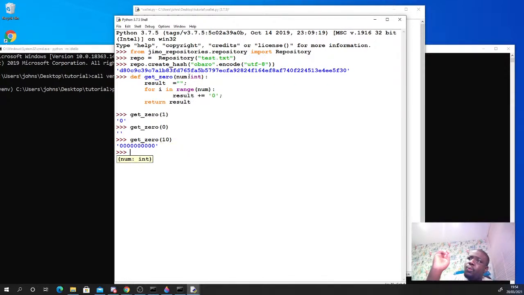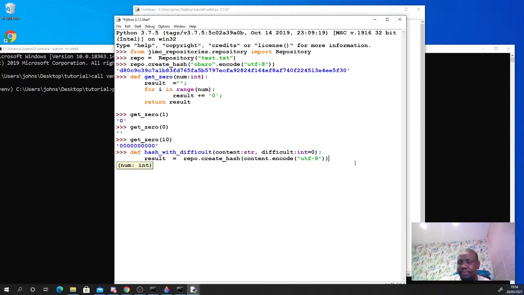Cool. So now we have a function that can just bring a 10 0 for us. So let's create a function that can make it difficult. We wanted to create a hash. From that hash, we're going to be getting a function that will get us the number of zeros that we want. The zeros that we want is the number of difficulty that we want, right? So now we want to make sure that until we generate a hash value,